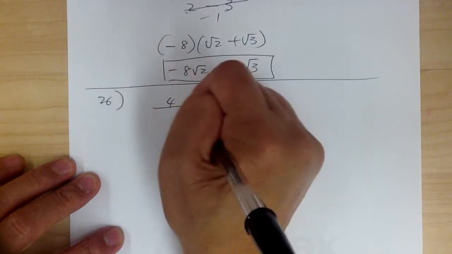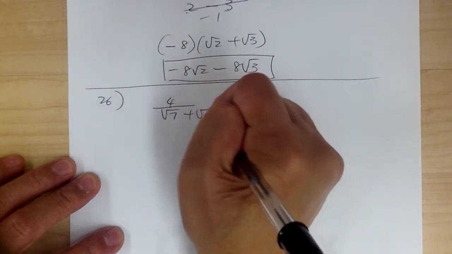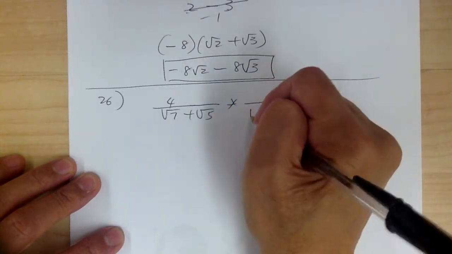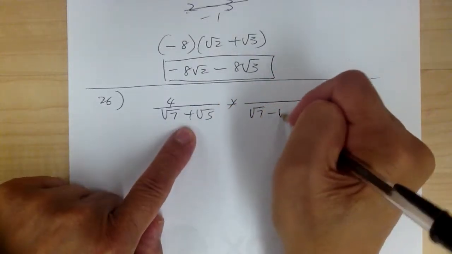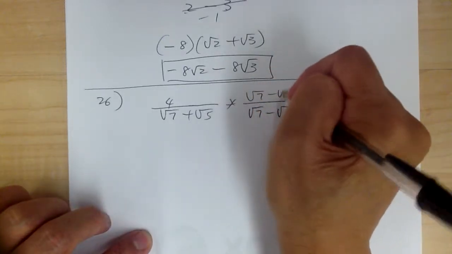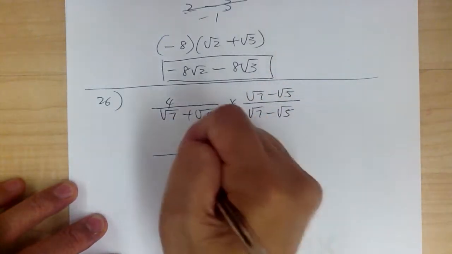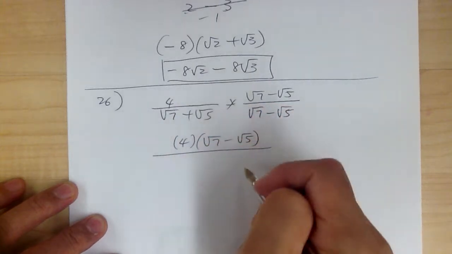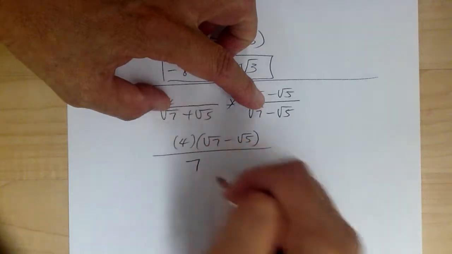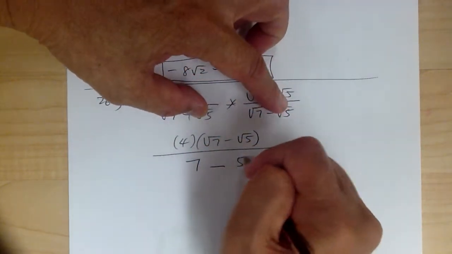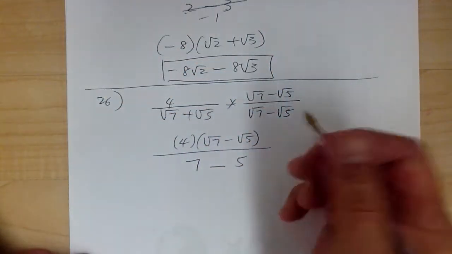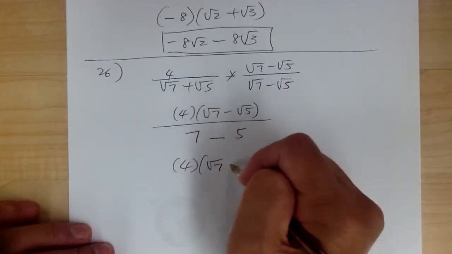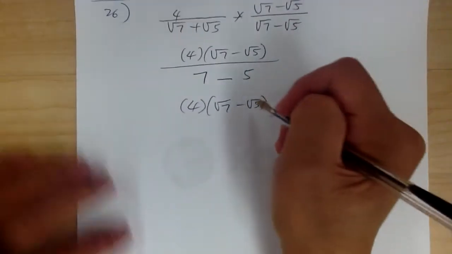You have 4 over square root of 7 plus square root of 5. So again, when you have two terms, you need to multiply by conjugates. So you need to multiply by square root of 7 minus square root of 5. Okay, so again, leave the top alone. Don't multiply out yet. So multiply the bottom, you're going to get 7 minus 5. Okay? And so you're going to get 4 times square root of 7 minus square root of 5 over 7